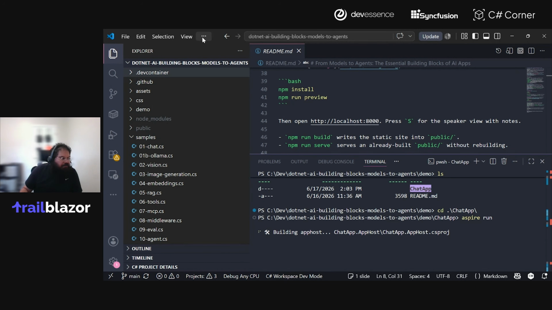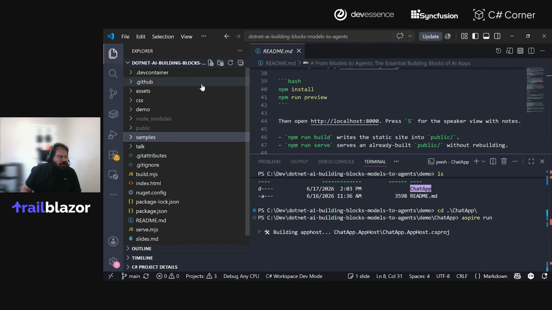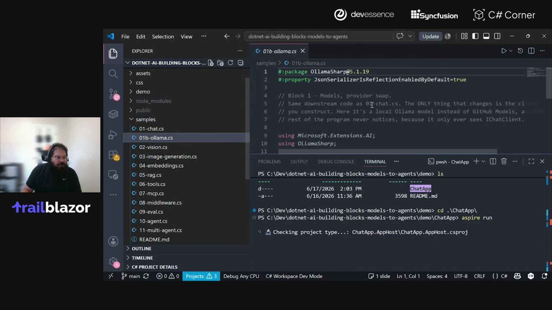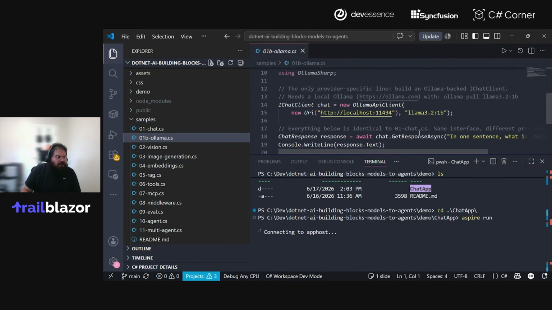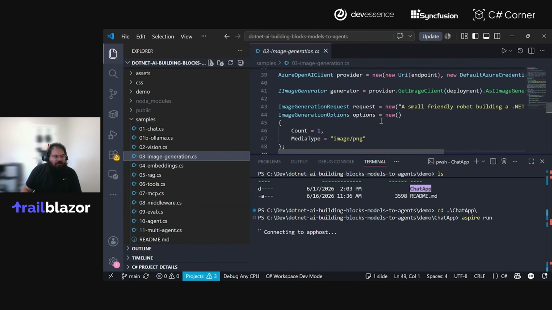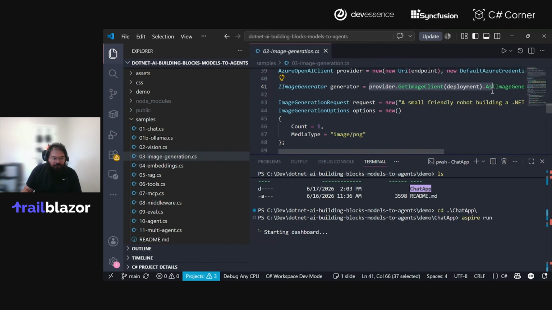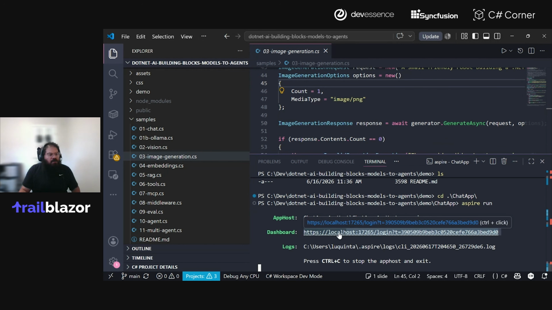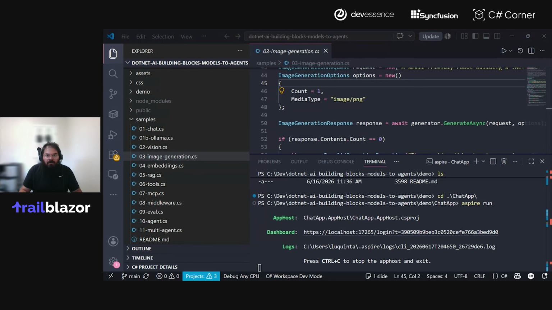While that's loading, as I mentioned, this is the repo that I was sharing. You're going to see all the samples here under the samples directory. And so you'll see things like, how do you use Ollama, or we didn't cover image generation, but these are samples that you would use to effectively generate images based on some prompt. Okay, so let me go ahead and copy this and then open up a new window here.